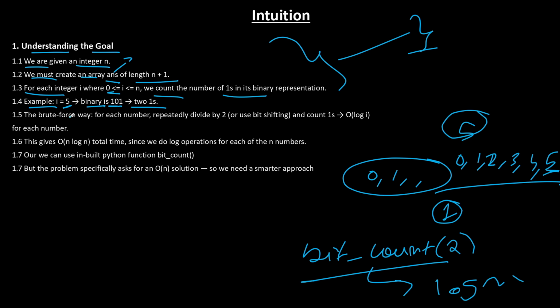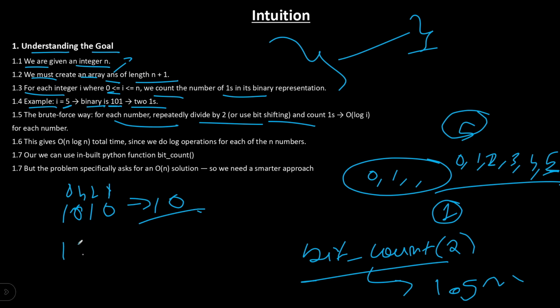Another way is, for each number, repeatedly divide by 2 using bit shifting. For example, suppose this is the binary representation of 10, 1 0 1 0. What you do is try to divide this. If it is an odd number, you increase the count, otherwise you shift to the right,